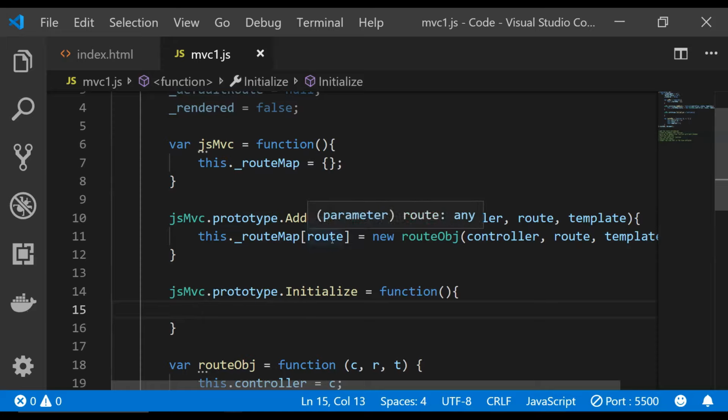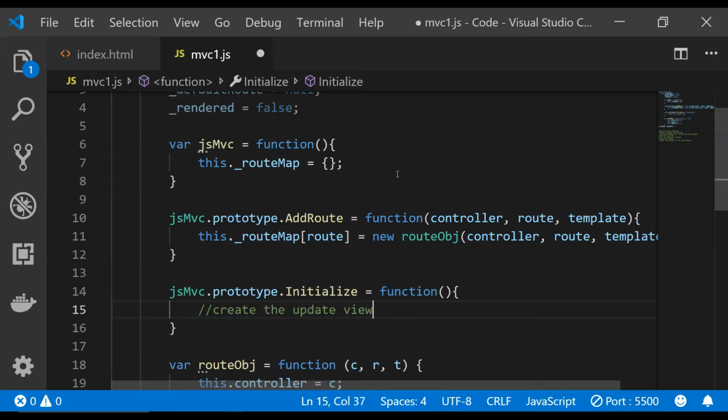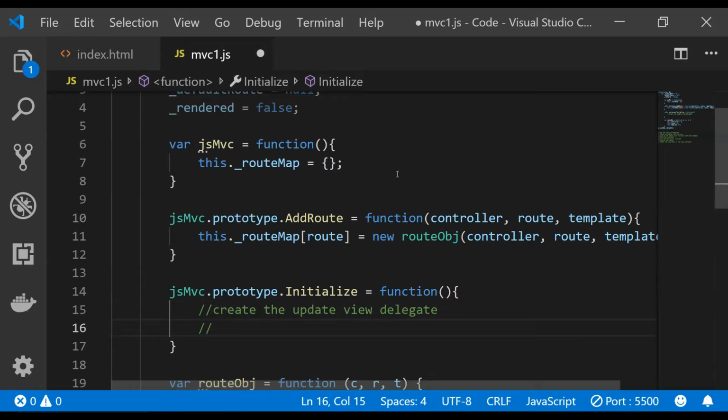Now we need to do some things in this initialize function, so I'm just going to list the steps first. The first thing which we will need to do is to create a delegate to the UpdateView function. The UpdateView delegate will be wired up with the hashchange event, so it will be called whenever the hash will change, and it will update the view associated with the root information provided in the hash value. So the first one is create the UpdateView delegate,